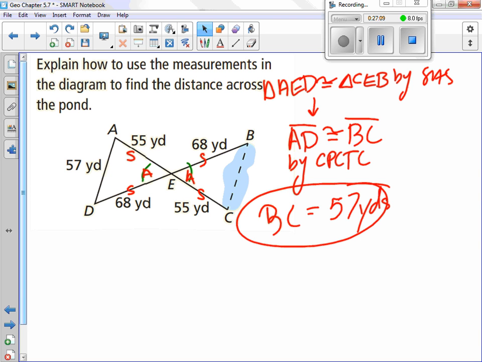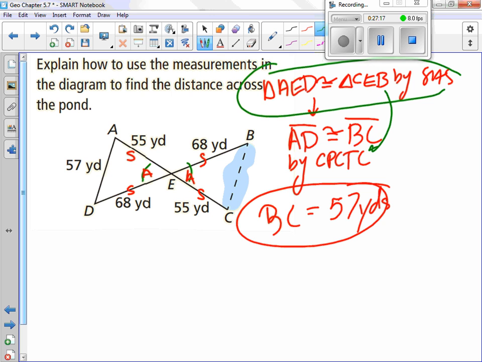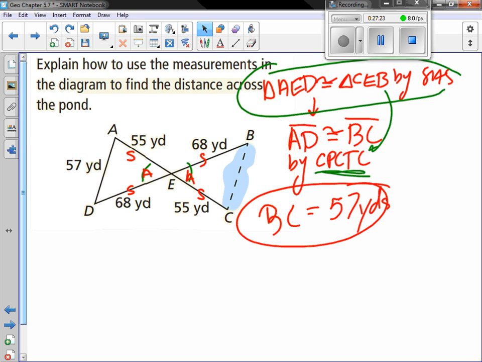But that's it. Because most of everything that we've been doing here is just using the fact that we can show that the two triangles are congruent. If we can, then we can use CPCTC to say that whatever we're wanting to prove is true. Now, if we can't show that the two triangles are congruent, then we can't say the parts we want to be congruent are also